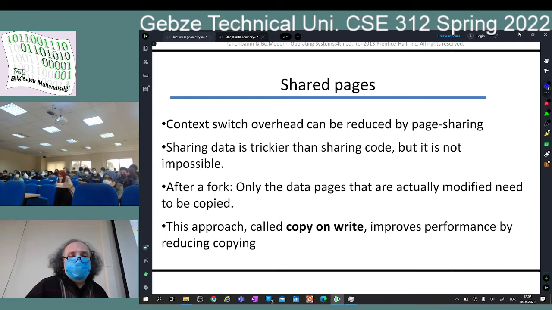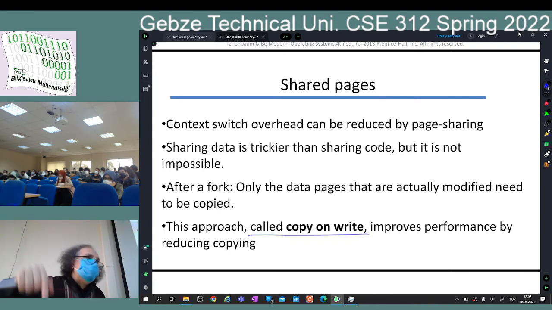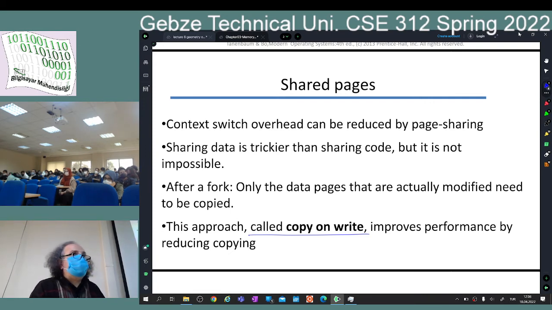Okay, so this is an important technique. It's called copy on write. Of course, you need hardware help for this. If you say I am going to modify this page, the hardware should have a way of causing some kind of an interrupt, saying that you are modifying a shared page. Okay, so you need to copy this page yourself. I need to get some kind of an interrupt from the hardware. Otherwise, this wouldn't be possible. Okay. So this is the story about the shared pages,